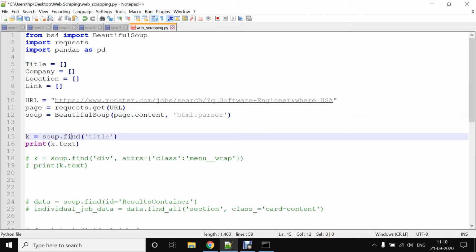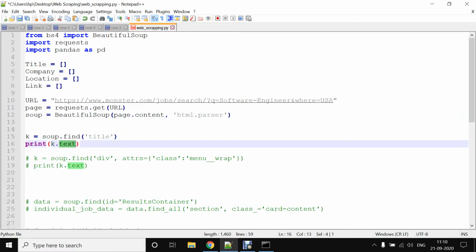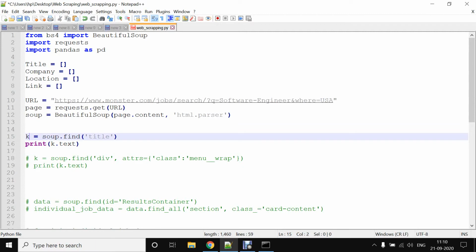This is the way in which we use Python to fetch the elements and tags from the HTML code. So it will search for the title tag in our source code, whatever is stored in our soup. It will find that title tag, store that into k, and then we are going to print that. Why have I used text? Because k will contain the data with tags.